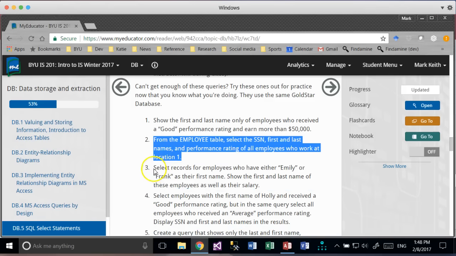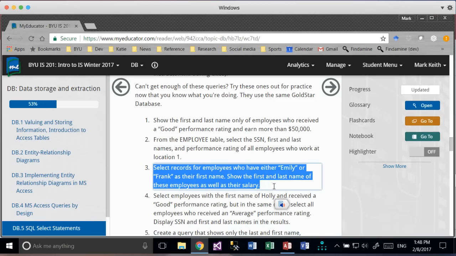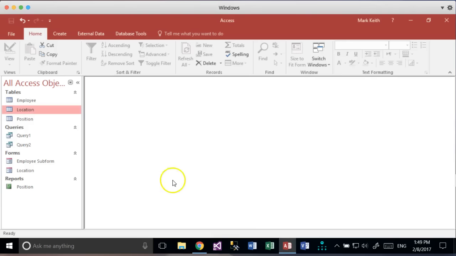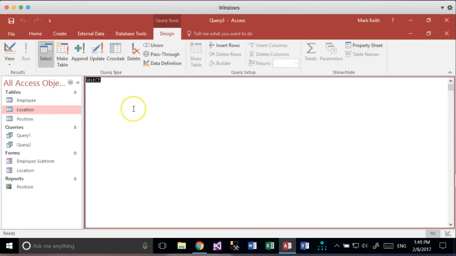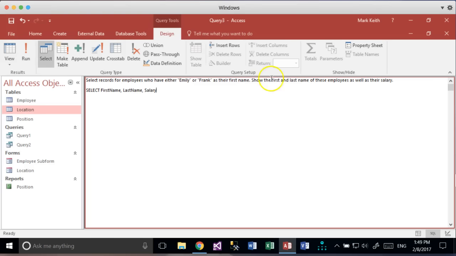Alright. Select records for employees who have either Emily or Frank as their first name. Show their first last name as well as their salary. Not a problem. So I'm looking for every piece of criteria they want to return, putting them in the order they asked for them. All of these fields come from the employee table, where first name equals